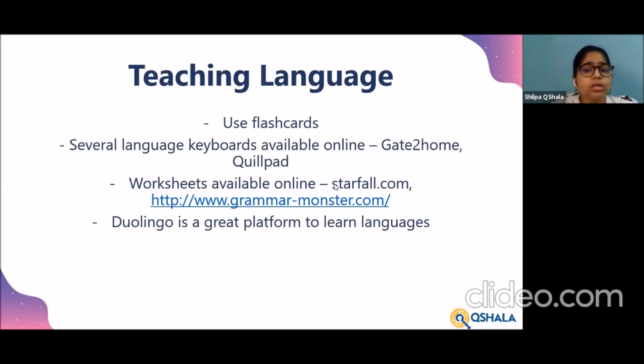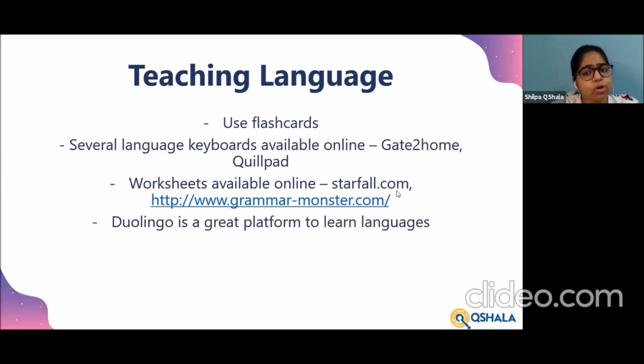So do use starfall.com. It has amazing activities, with very minute detailing on how kids learn. There is a special section on phonics and a special section on stories, so it's a very interactive way of learning for the kids as well.